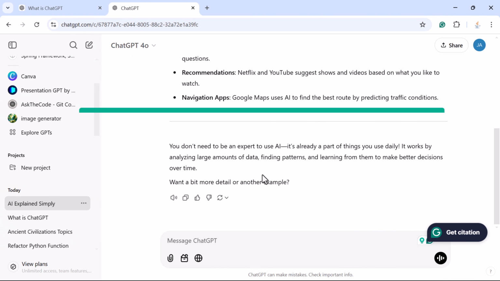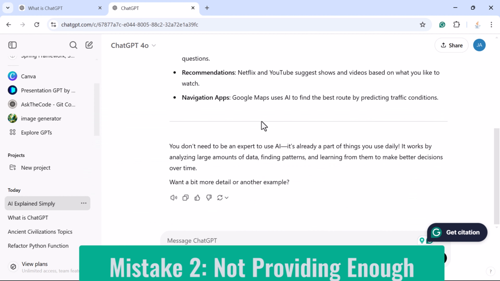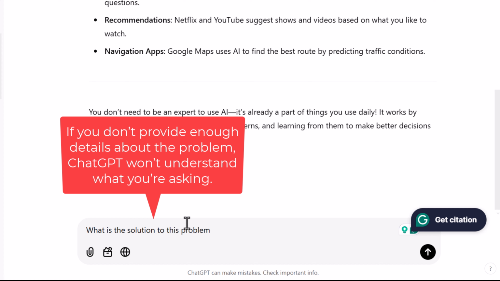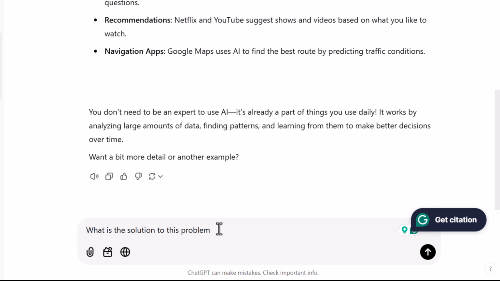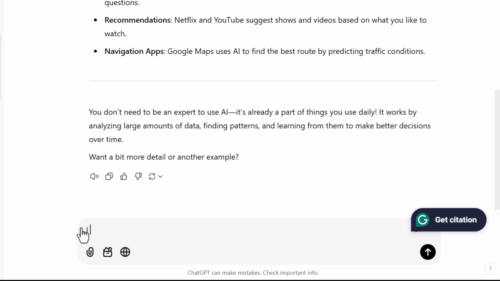The second mistake is not providing enough context. For example, instead of saying something like this, what is the solution to this problem? Well, if you don't provide enough details about the problem, ChatGPT won't understand what you are asking. So instead of saying this, what you can do is you can say, I have a problem